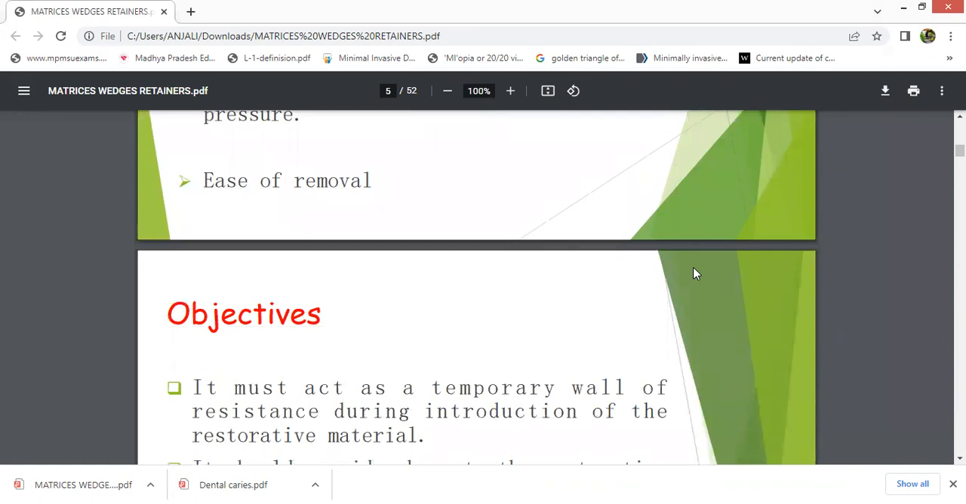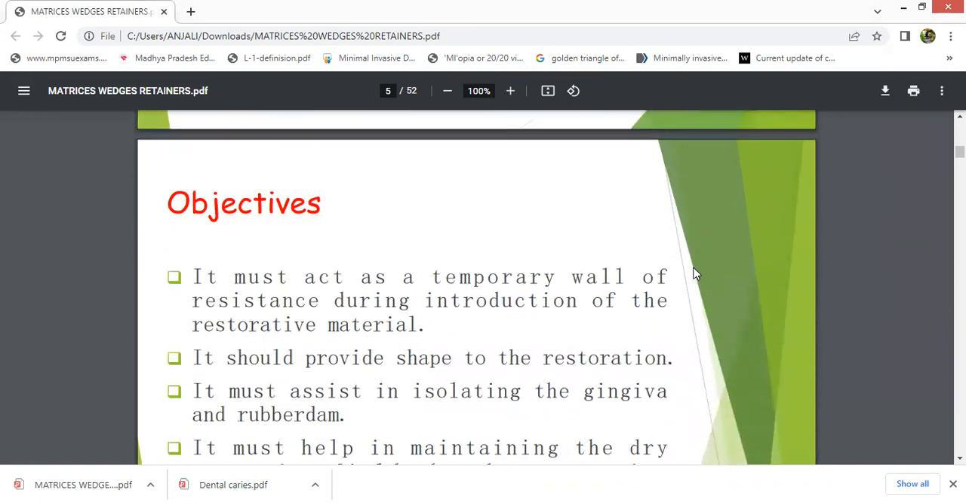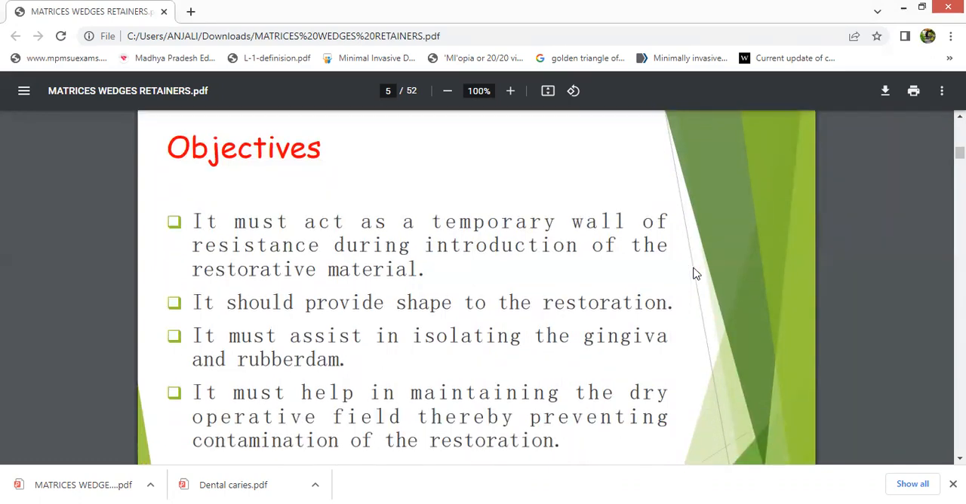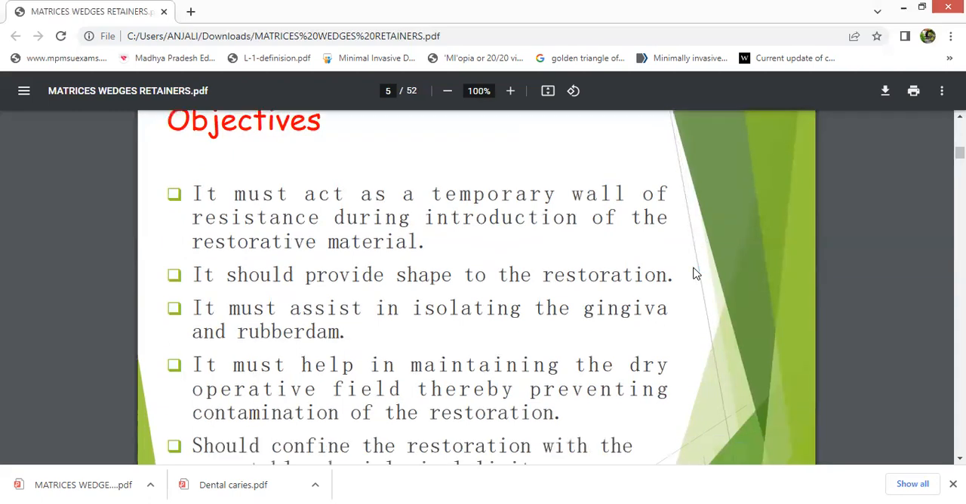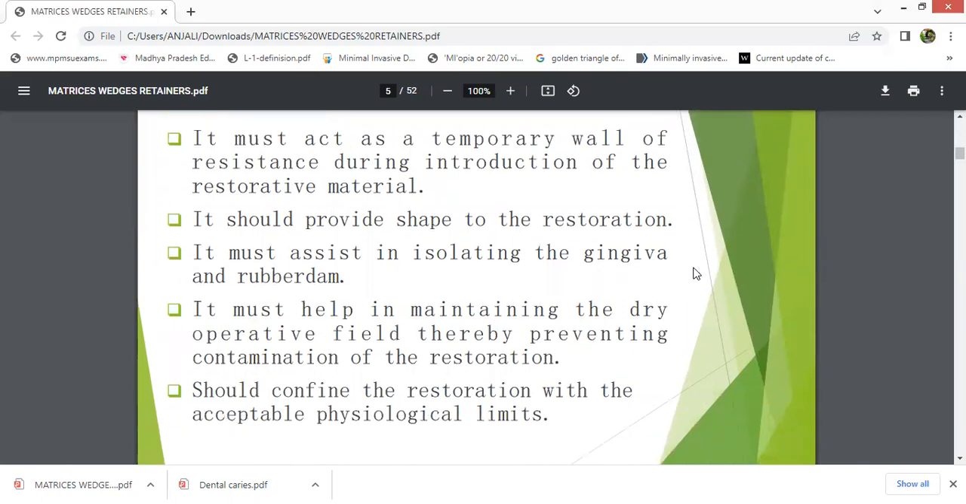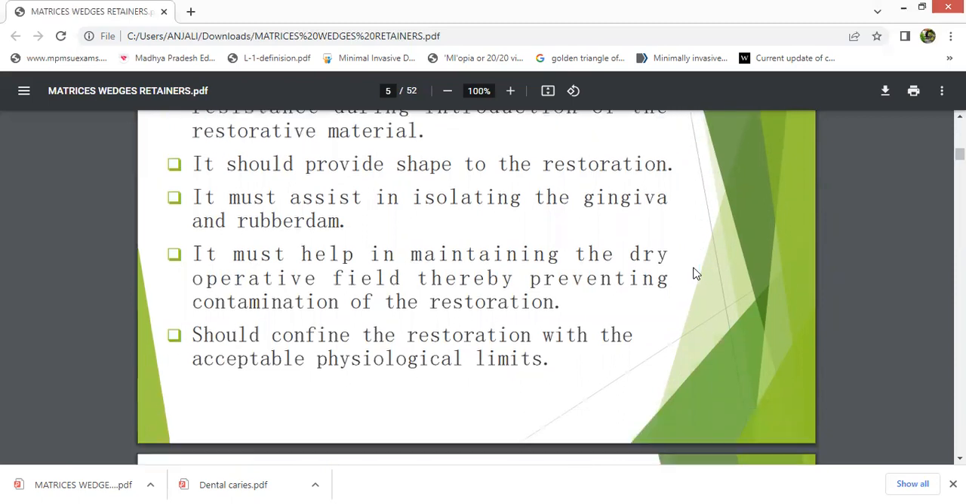So we are talking about objectives. It must act as a temporary wall of resistance during introduction of the restorative material. It should provide a shape to the restoration. It must assist in isolating the gingiva, as does the rubber dam. It must help in maintaining a dry operative field, thereby preventing contamination of the restoration. It should confine the restoration within acceptable